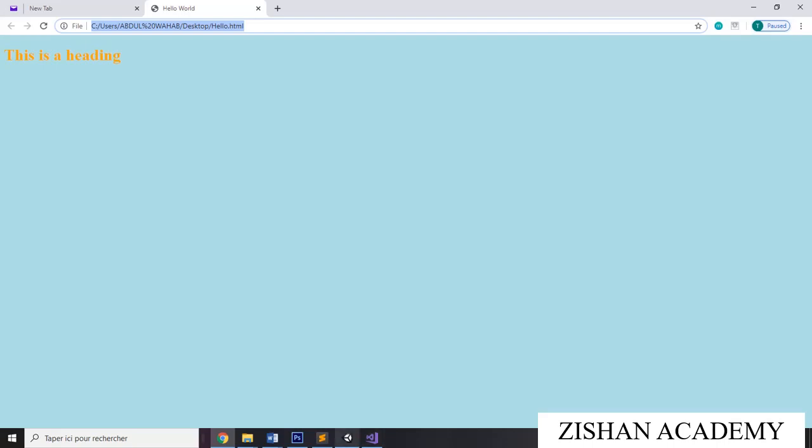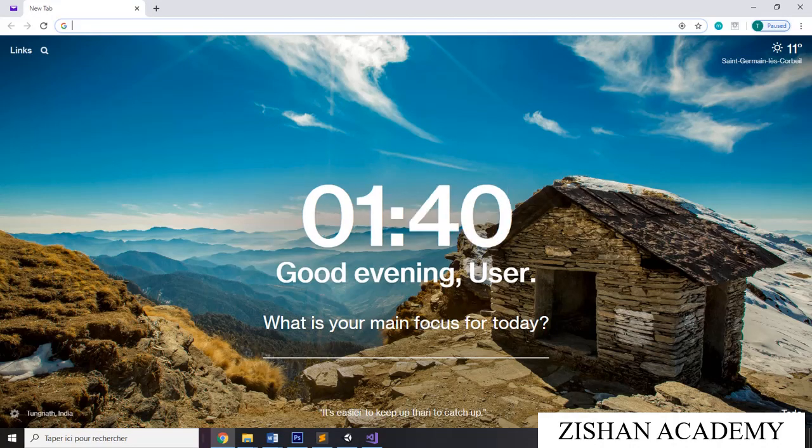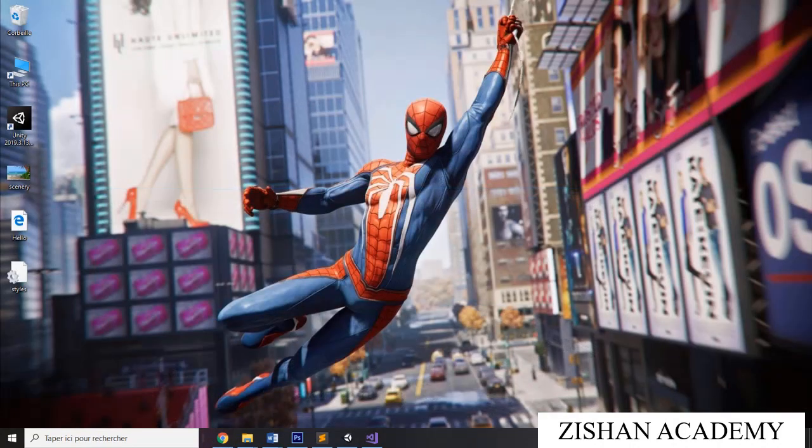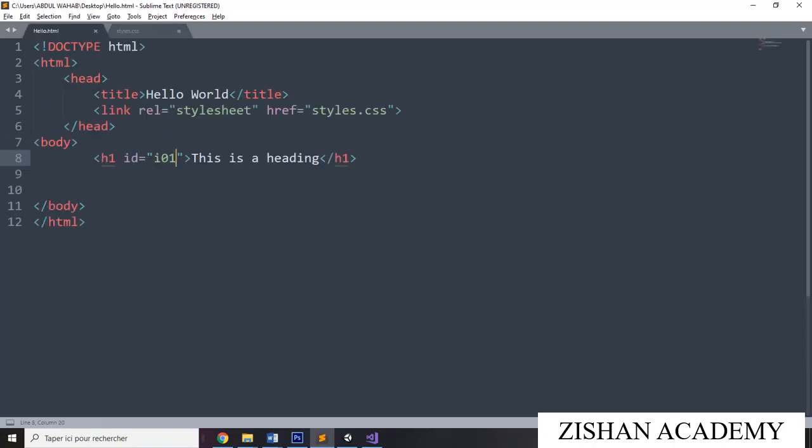Let us see the next one, that is the class attribute. Go to the editor. I am deleting this one. Then go to the HTML. Remove this ID from here. Now we will go for class h1 class. We are giving some class here, and then equal to, you can give anything here.